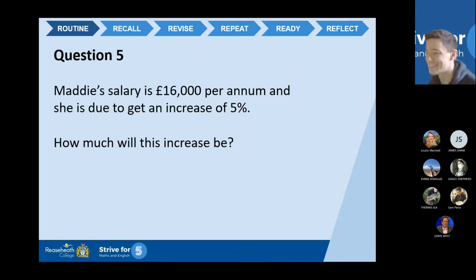Okay, Maddie's salary is £16,000 per annum, which means year. So per annum means each year, just in case you are wondering. And she's due to get an increase of 5%. Okay, how much will this increase be? So let's have a look at the increase. So we need to work out the increase. And we're told the increase is 5%. So really what I need to do is work out 5% of